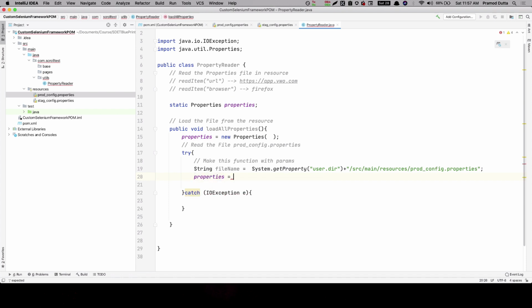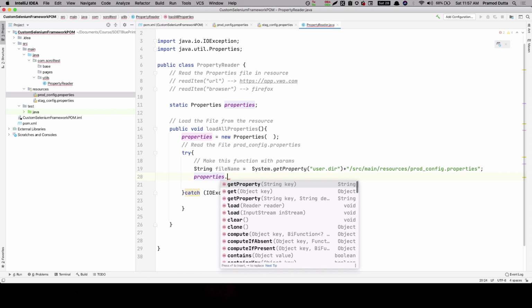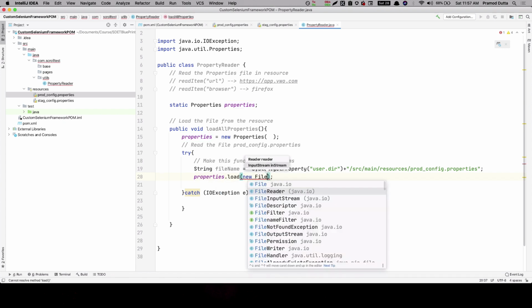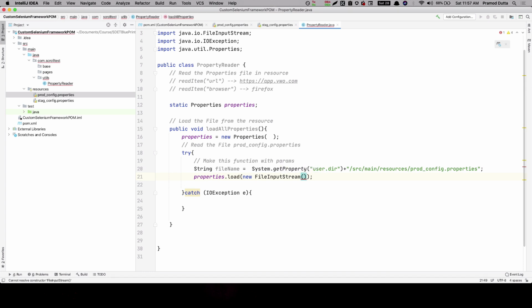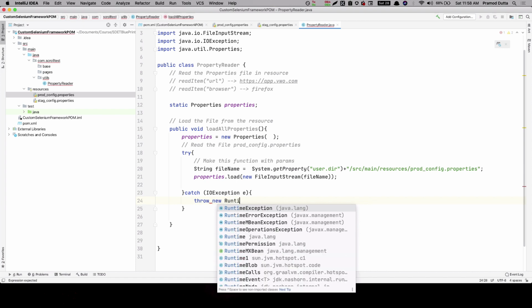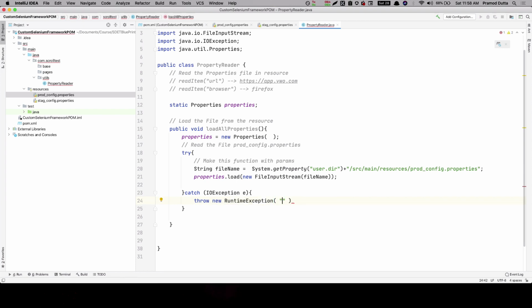So now you just need to load this file. So you can use the properties.load mechanism, right? So if you see, this requires an input stream, right? So what input stream can we use? We can use FileInputStream, right? And FileInputStream just asks us what is the name of your file and where it is. Make sense? Right. And in the catch, if we are not able to find it, we need to throw some exception, right? And we need to give a proper message, so we can use RuntimeException with the message "not able to find the file." That's what we want to print.